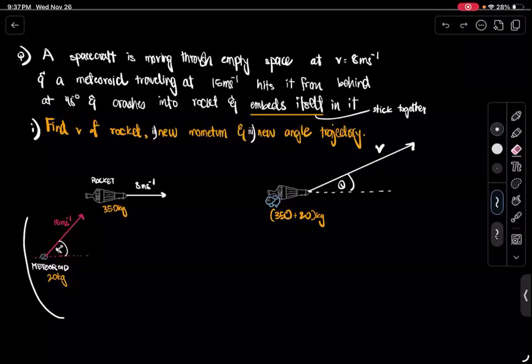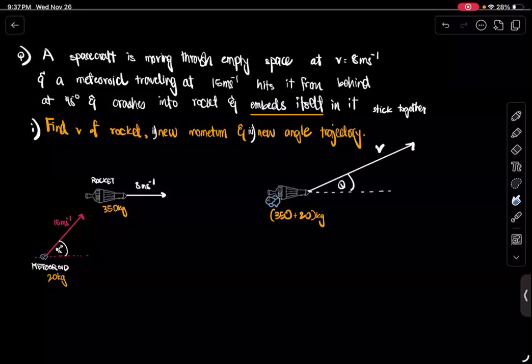Okay. Now I want you to first think about the question. It seems pretty daunting and weird and pretty traumatizing how to solve this question. But just think about it for a minute or two, and then we'll try to solve it. It would be better if you even try to write down some stuff and try to figure out the way to do this question. If you figure this question out, the rest is pretty easy. You just have to break it down into horizontal conservation and vertical conservation. But the new angle trajectory part is a little difficult.